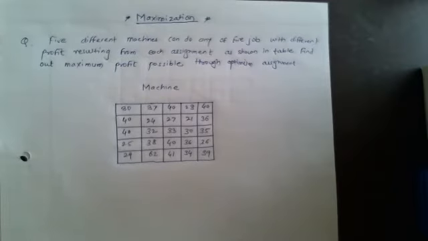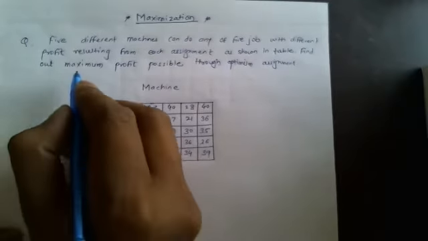We are interested to find out which type of question they have asked. So I told you, go for the last sentence of the question. Here the last sentence is find out maximum profit. Here we are getting the word maximum, which means this is a numerical of maximization.